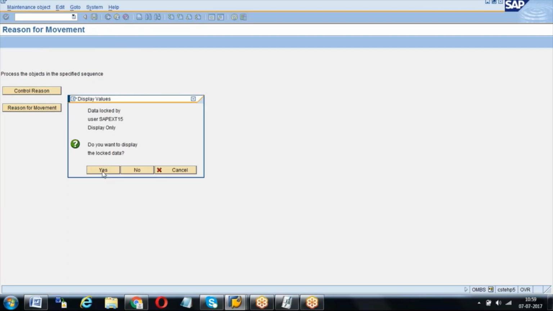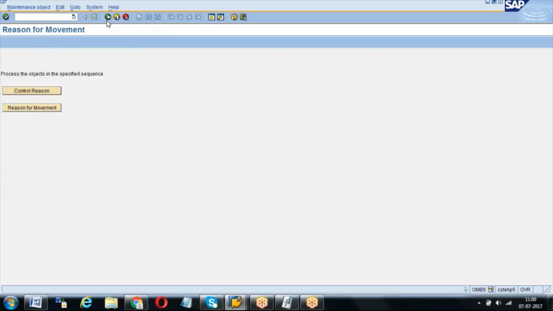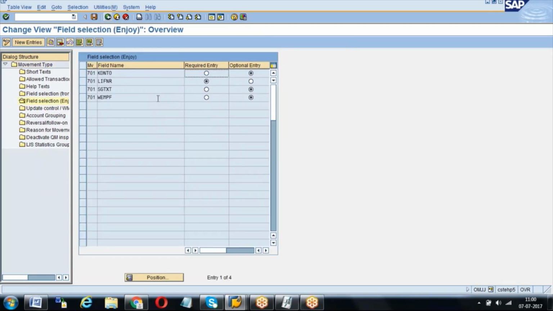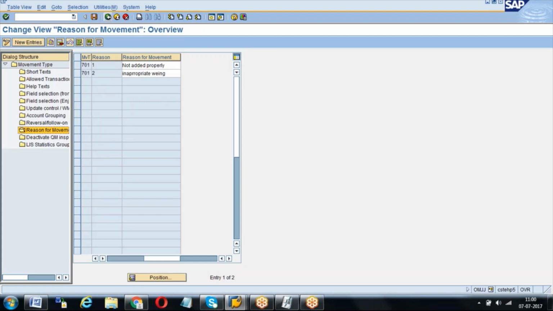We can create a new reason for movement, and the same thing can be done in OMJJ also, because see here 701, for example, field selection. Here we can keep which is mandatory, which is not mandatory, those things. And reason for movement also we can create new reasons and all.